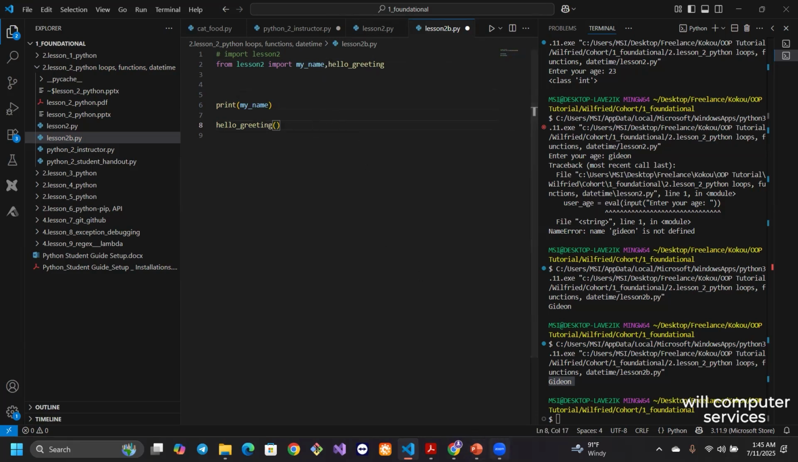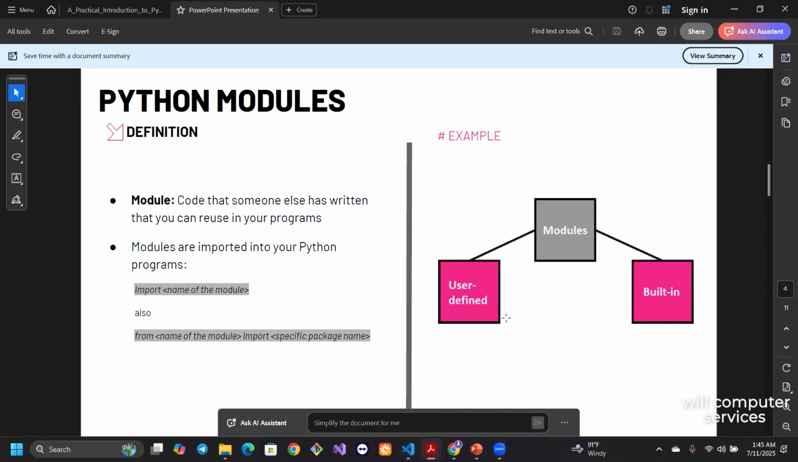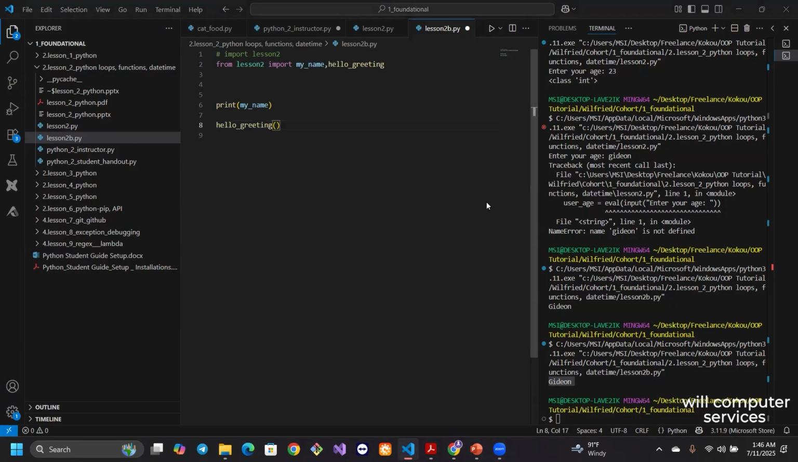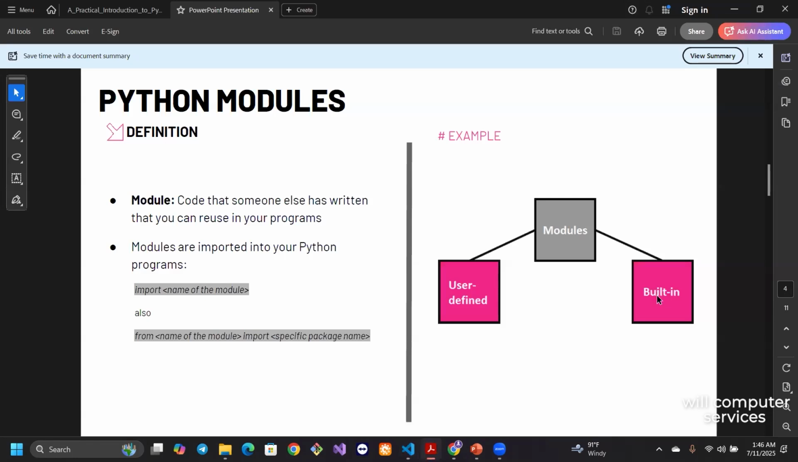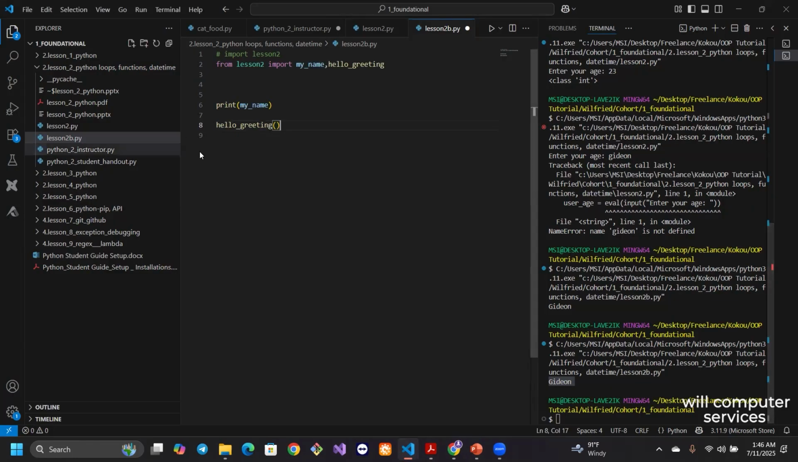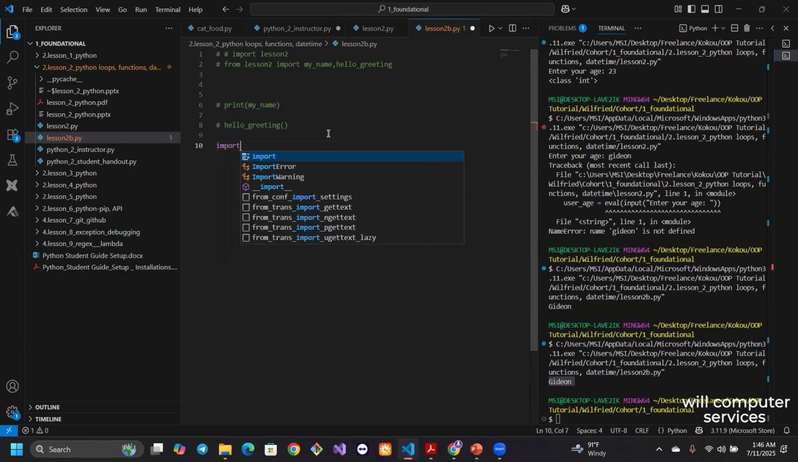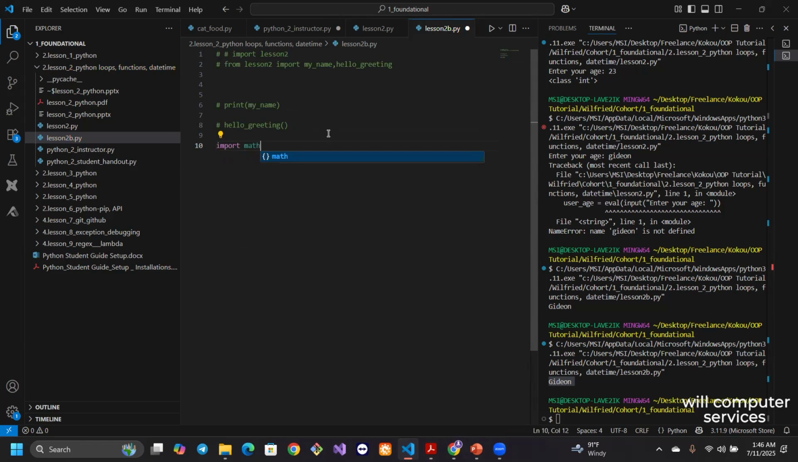So there are, like I said, custom modules, like user-defined modules, which is like an example of what I gave here. And there are built-in modules. There are some modules that came with Python when we installed it. An example of them is maths. We also have another example, which is datetime,